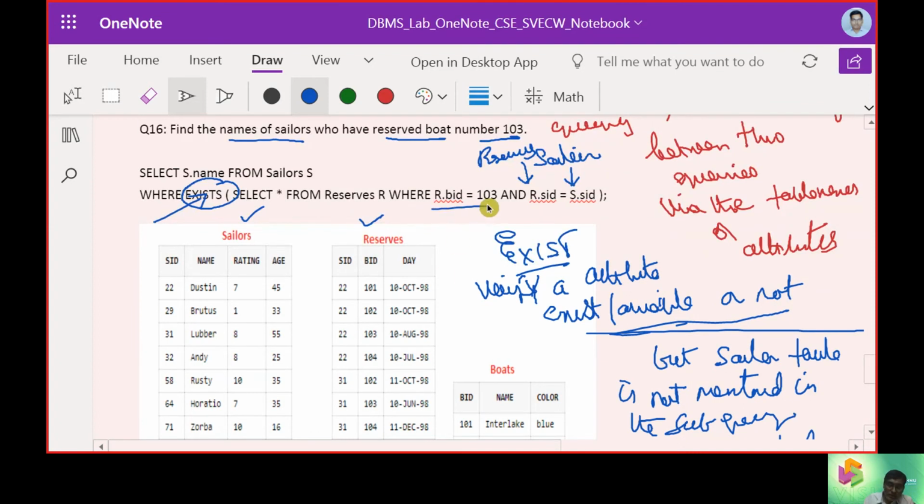So r.bid is pointing to the bid. s.sid is bringing up the sailor ID, and r.sid is bringing up to this point.